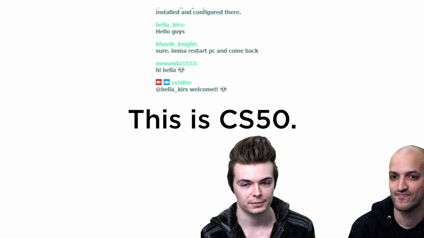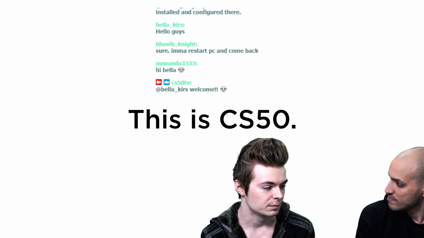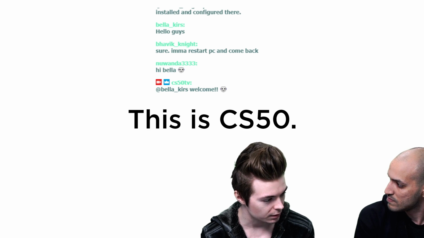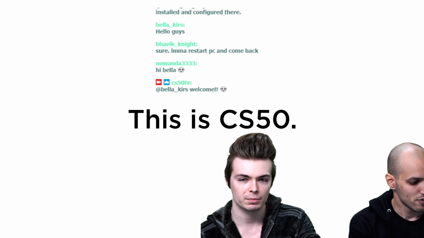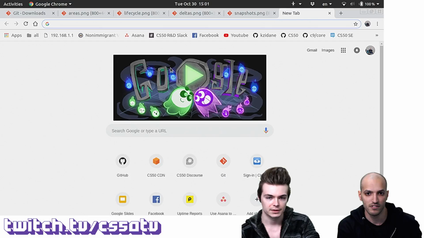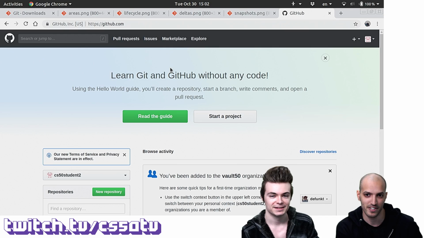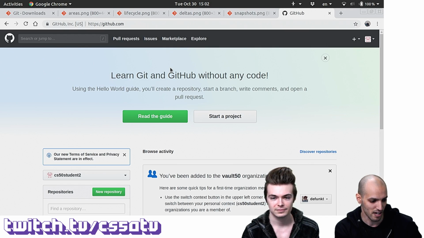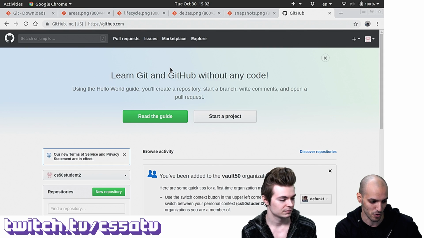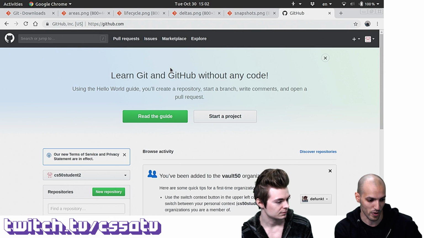And I know we use GitHub all the time in CS50, but for folks unfamiliar, why don't we show them what GitHub looks like and give them a couple sentences of what GitHub itself is. I'm going to pull up our other view here, just so we can see. That is your computer? Okay, that's good. Yeah, my computer. And this is how GitHub looks like. GitHub is a hosting service. We're going to talk a little bit about GitHub later. But this is what GitHub looks like.